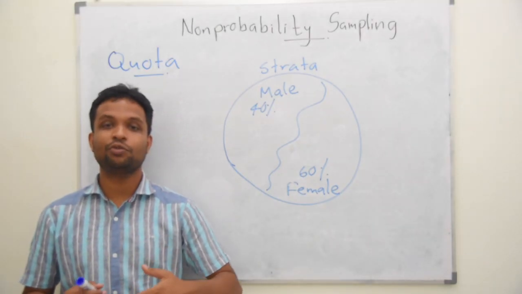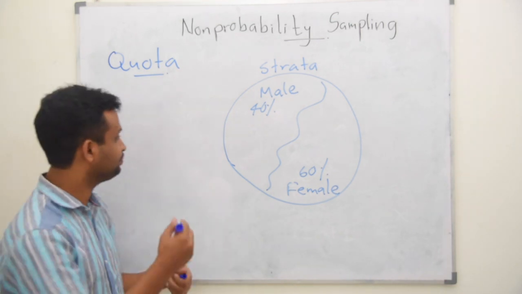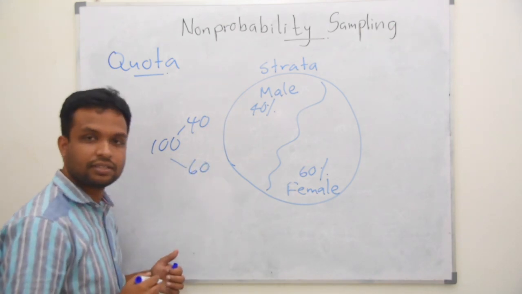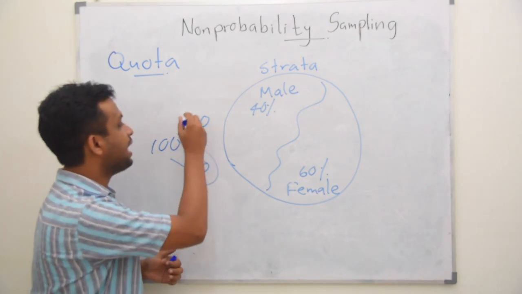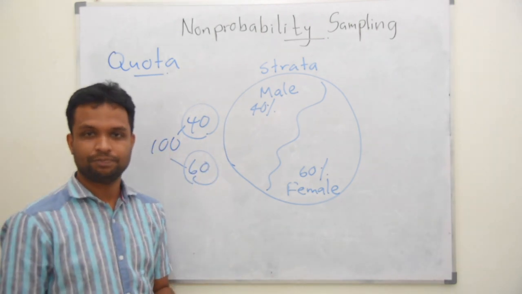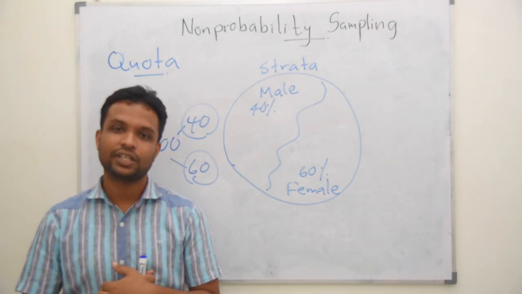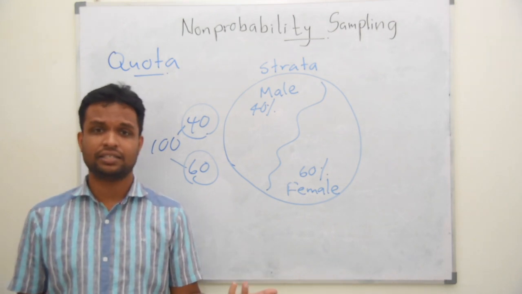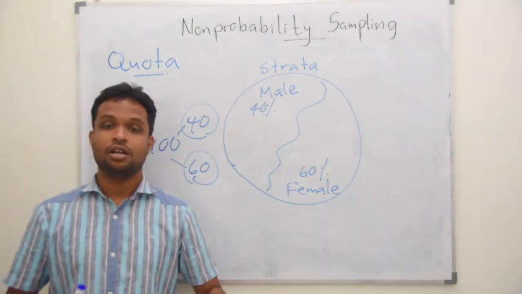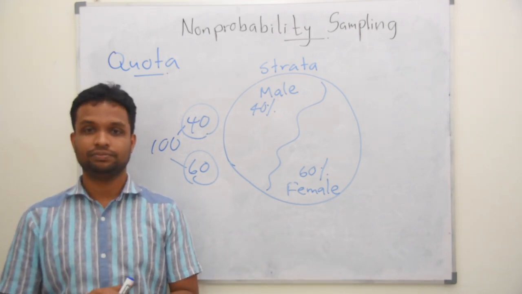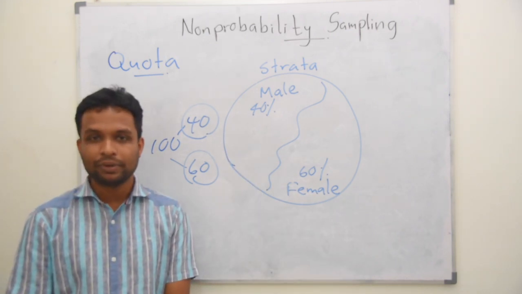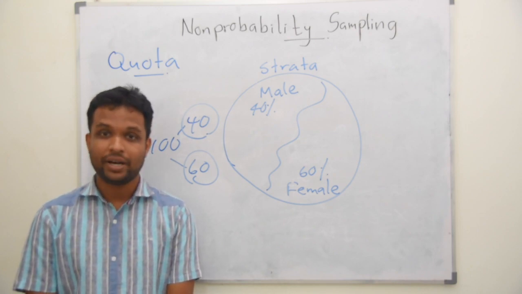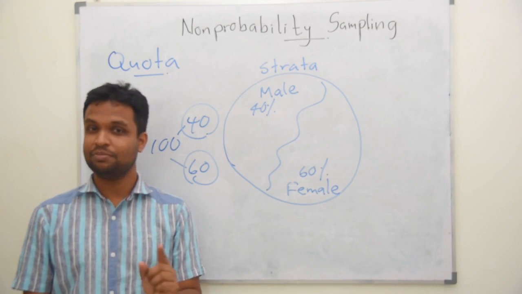Assume that you will interview 100 individuals and you will take 40 males and 60 females. But these 60 and these 40 are not random. That is what is called quota sampling. You can have a better idea and you don't need to generalize. And your objective is not to get a random sample. So you can easily go with non-probability sampling techniques, where generalizability is less, but it is good to calculate the minimal sample